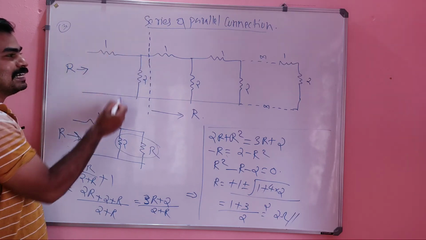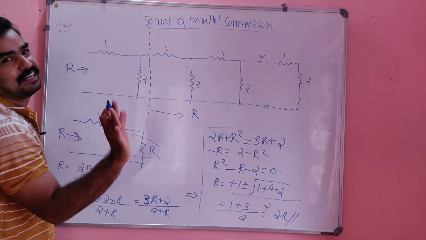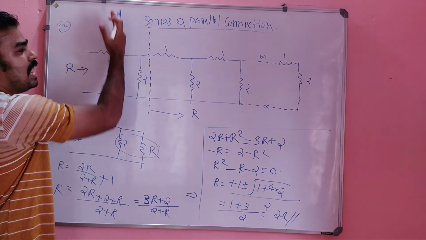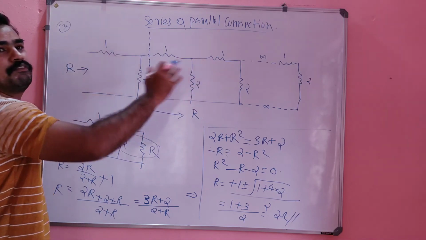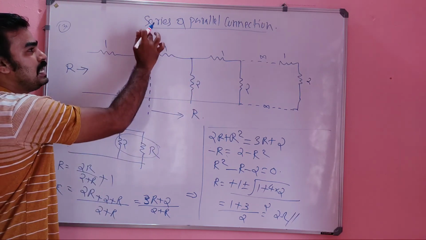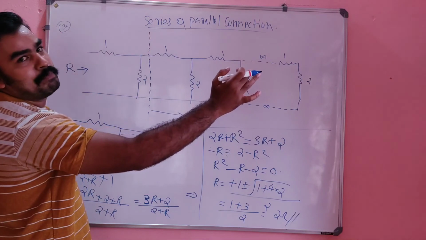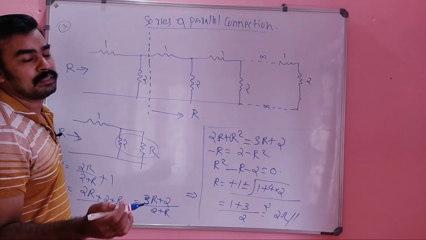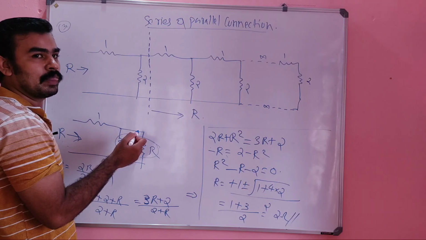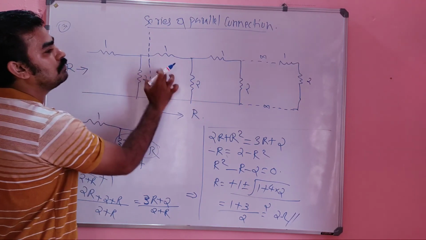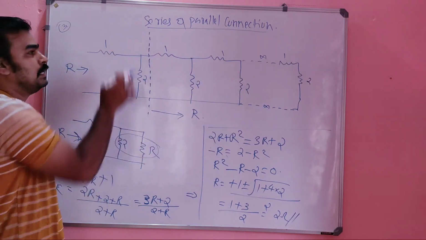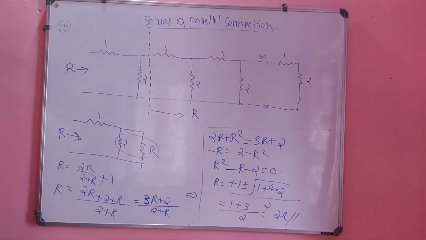I can't break from here because it won't be the repetition. You have to think about that. From here means 1 ohm is here, and the remaining will not be the repeating section. Only if I cut here, it will form a repeating pattern. That is very, very important. By cutting here only I can generate the same replica of these points. That is why I cut here. If I cut elsewhere, the whole problem will be mistaken. We can't solve that. Clear? Okay. Thank you.